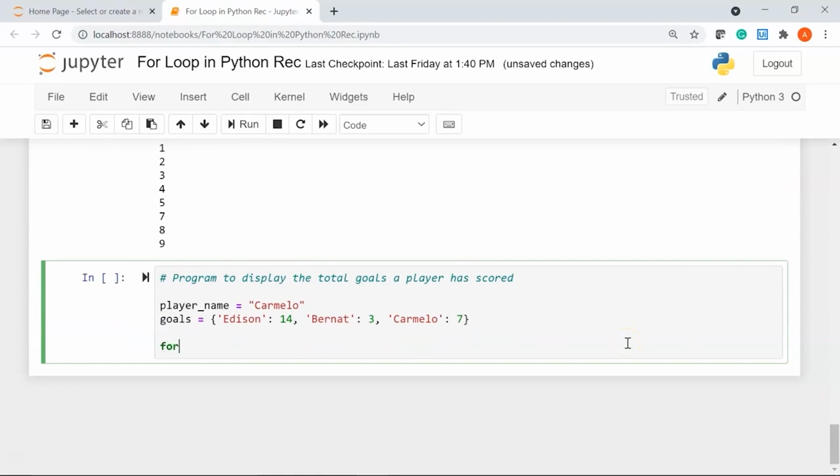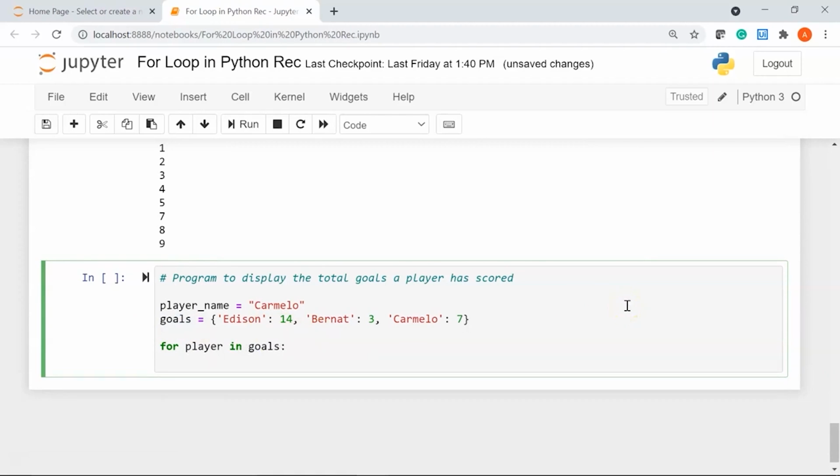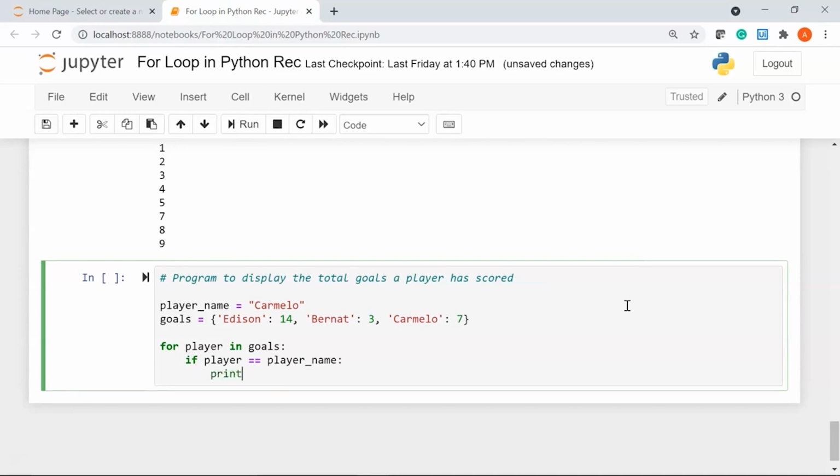Now I'm going to write my for loop. So I'll write for my iterable name here is player, in my sequence name is goals, so I'll say goals. I'm going to check if my player is equal to player name. I'll say print the goals scored by the player.